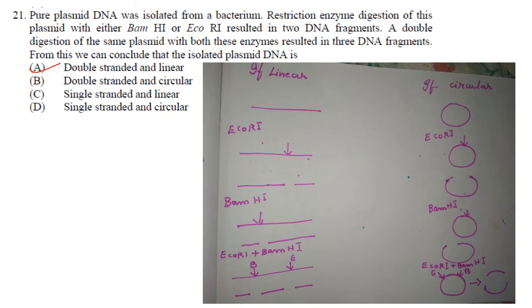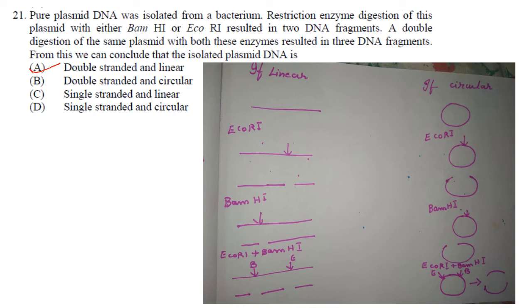Pure plasmid DNA was isolated from a bacterium. Restriction enzyme digestion of this plasmid with either BamHI or EcoRI resulted in 2 DNA fragments. A double digestion of the same plasmid with both these enzymes resulted in 3 DNA fragments. From this we can conclude that the isolated plasmid DNA is...